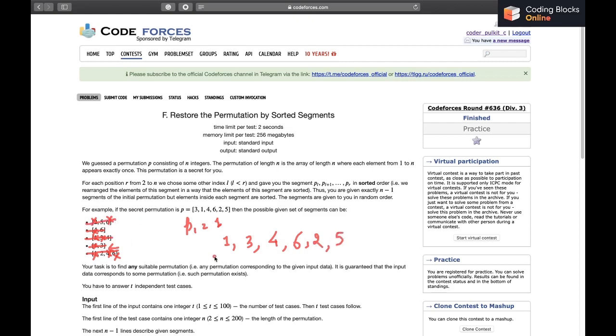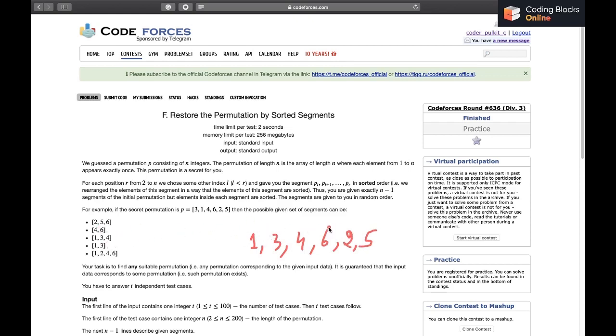Now in this case we have identified a permutation, so let's see if it is a valid one. It's basically the same as the one given in the example, just that 1 and 3 are swapped. So the permutation that we identified was 1 3 4 6 2 5. Right, now let's see if it's a valid one.